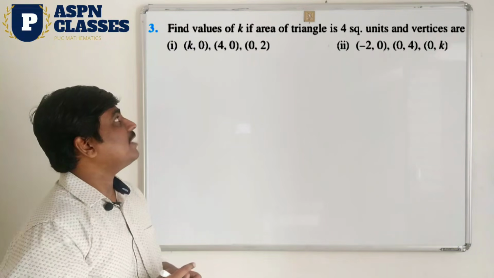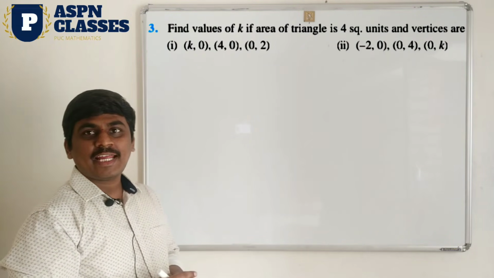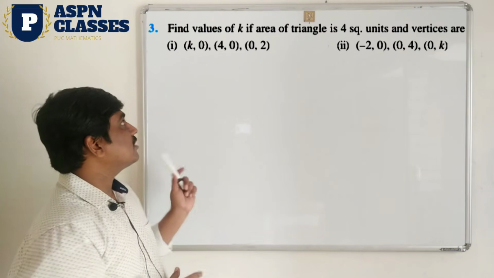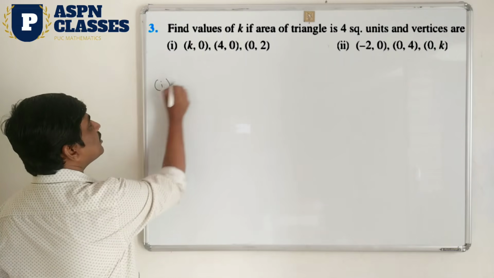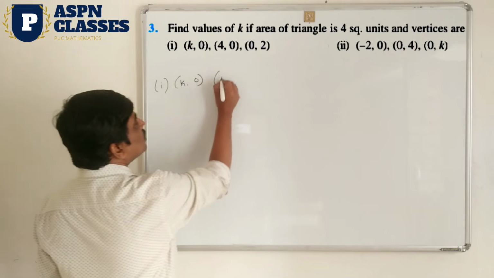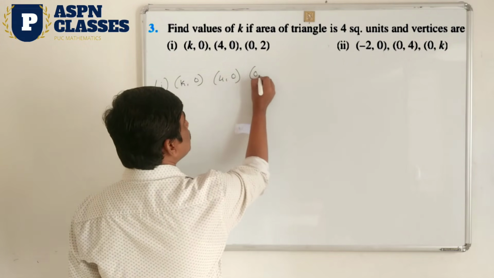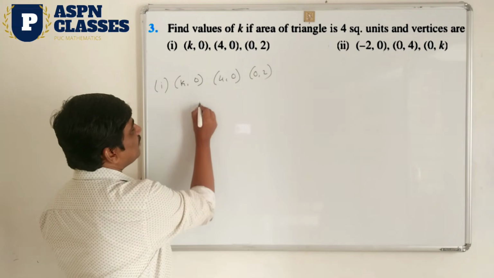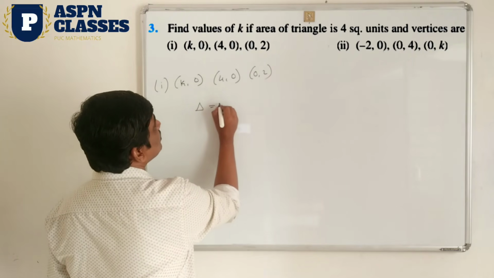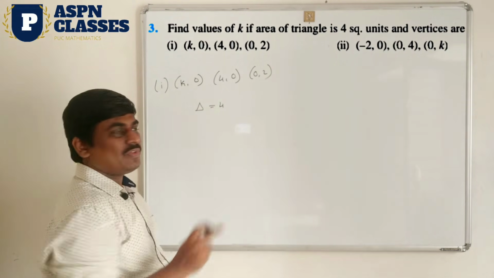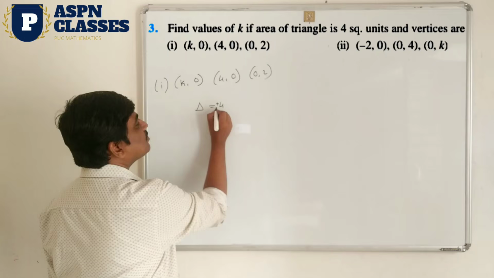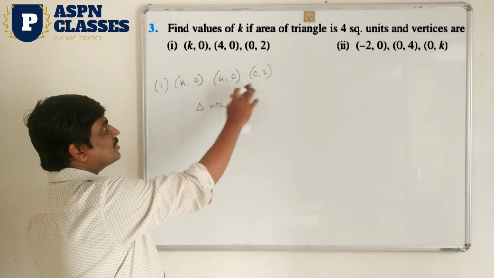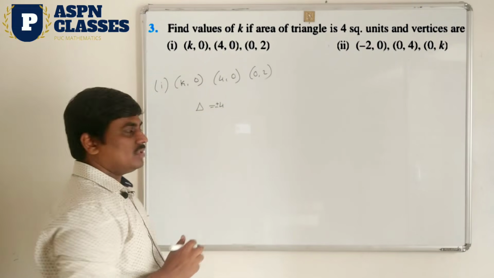Next question, observe here. Find the value of K. The area of the triangle is 4 square units. Variables are given here. 2 examples are given. First example, the question given here is 3, 0, 4, 0, 0, 2. So this area they have already given here. Area of the triangle is 4 square units. So whenever the area is given, you always take it as plus or minus. The triangle value is also given, then the points are also given, then you have to find out this K. What is the procedure?